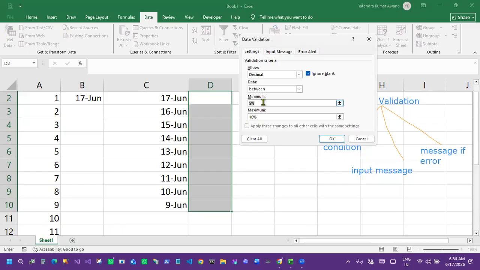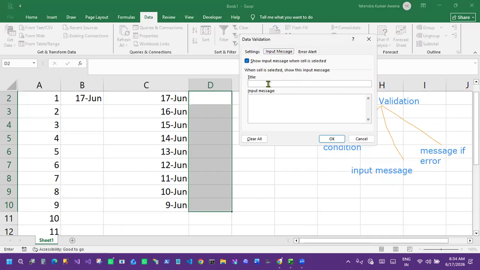It will take the numeric value only. And input message: enter discount, enter value discount amount.